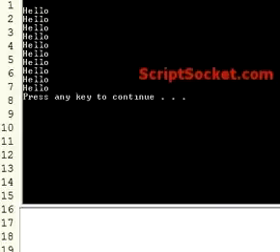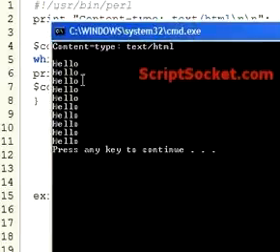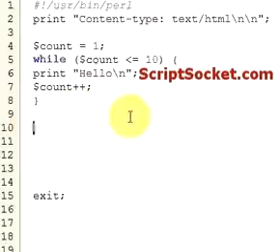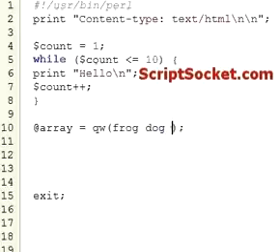So let's run this. We've got 1, 2, 3, 4, 5, 6, 7, 8, 9, 10 hellos, which is what we wanted from that. So that's a basic while loop. Now we can apply a while loop to arrays. We can print out arrays with the foreach loop, as we've seen before. Now let's create an array